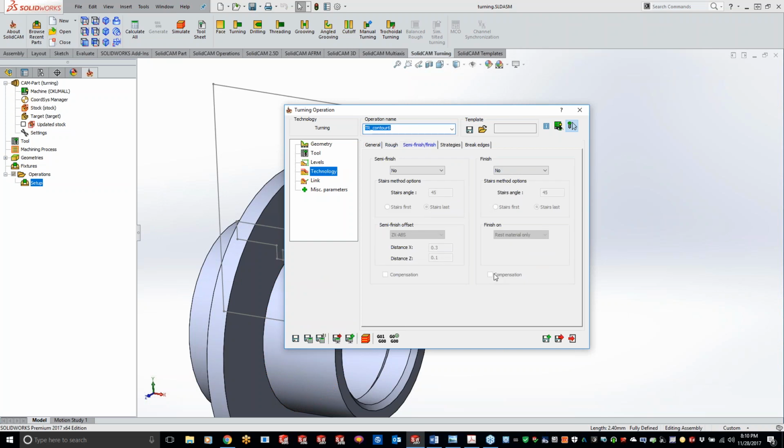So semi-finish and finish, this is where you guys can set up your semi-finish and finish passes right here. These are going to be the same, but you can set it up as, let's say you wanted to do a roughing pass and then a semi-finish and then a finish. The only difference between semi-finish and finish is one has an offset, so you can put an offset in there. If we want to finish this off, we can do an ISO turn method,